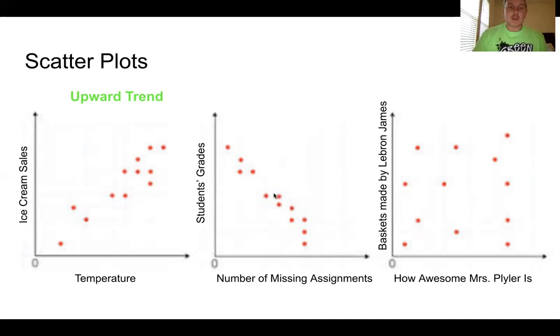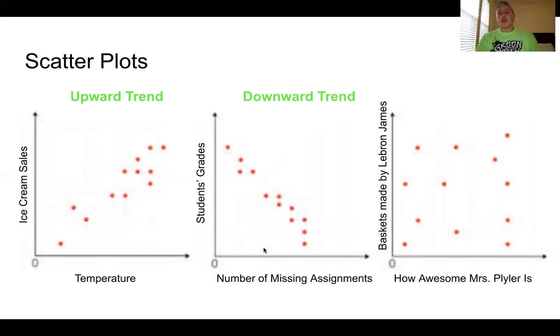Let's take a look at this next one. This one says, with the number of missing assignments increasing, the students' grades are decreasing. Ooh, that's some of you guys though, because you're high quality students and you would never let that happen. This is what we would call a downward trend. And it makes sense. If you have a whole bunch of missing assignments, your grade is probably going to be